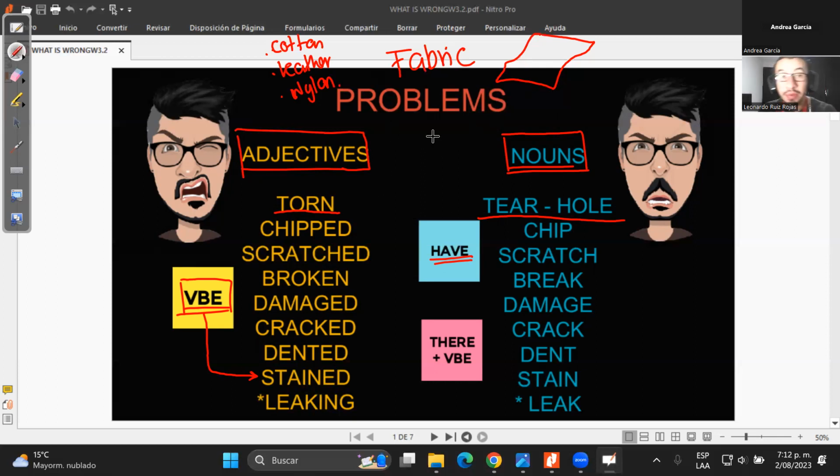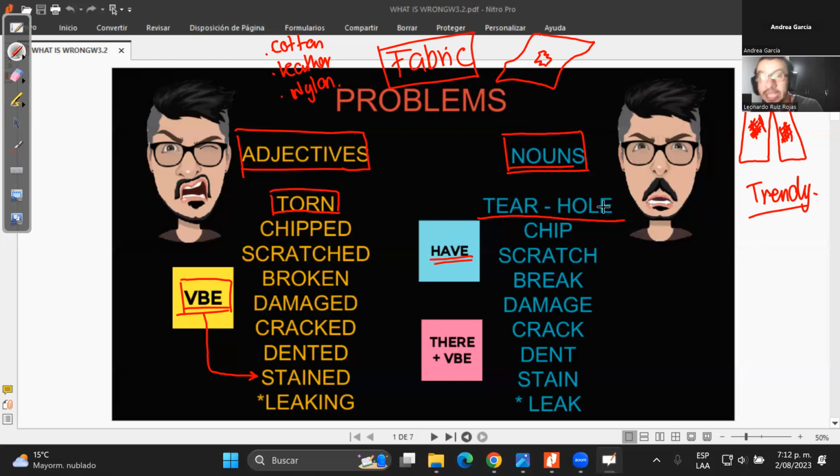Okay. So especially when we talk about objects which are done like that, I mean clothing items, we can have a torn object. For example, a torn t-shirt, it's a t-shirt that has a tear or that has a hole, right? Or for example, nowadays the torn jeans are fashionable, no? So nowadays they are trendy. When we talk about fashion, a torn jeans, no? So on the knees, the torn jeans are now trendy, no? Like trendy means like a la moda, right? Trendy. Okay, very good. I can use it with the adjective form. It is torn, or it has a tear, or it has a hole.